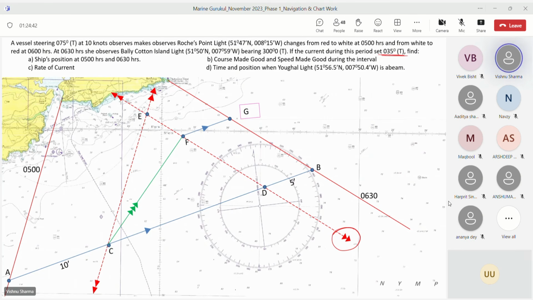Everybody good up to G, beta? Any doubts? Could you please repeat how we got G, sir? No doubt, sir. Tell me, beta, you may just stretch yourself and see on the chart what has been done. If you still don't get it, I'll let you know. What do you think has been done to get G, beta? Try to speak. From F, CTS has been drawn to the third PL. Okay. Is that clear to get G? Clear.